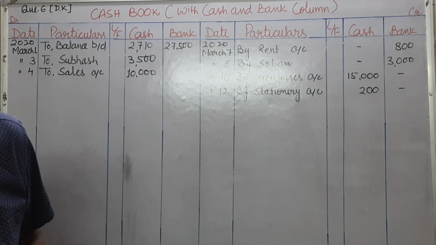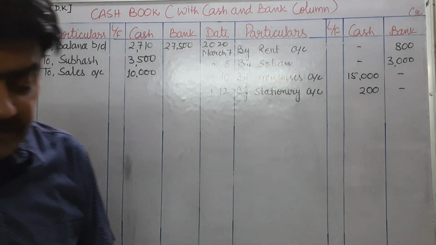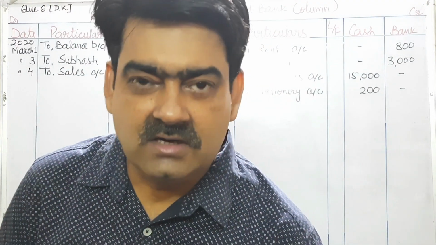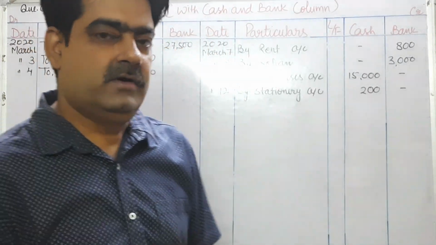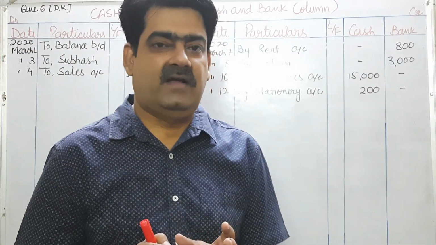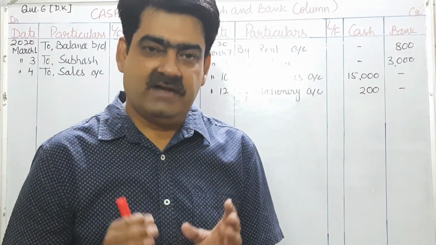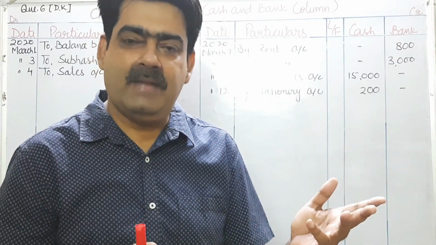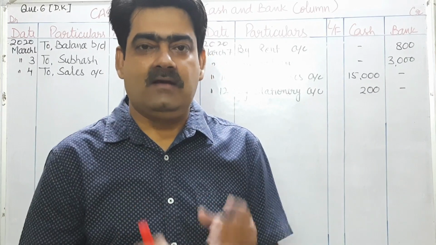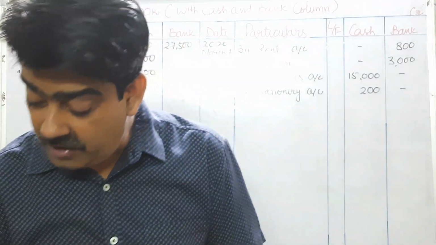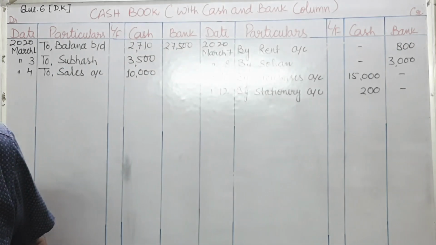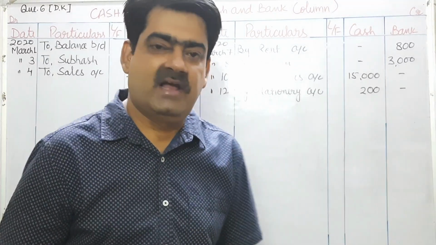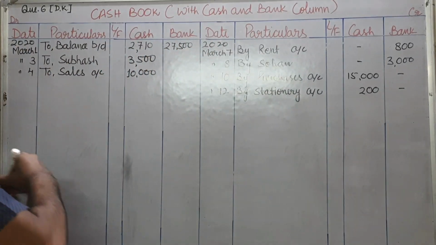Next, on March 12 only, drew from bank for office use. See, we are withdrawing cash from the bank for office use. So our journal entry will be cash account debit to bank. Students, always remember one thing, such types of transactions will be treated as contra entry. There will be only two contra entries in your transactions: when you deposit an amount in the bank and when you withdraw cash from the bank for office use. So this time you are withdrawing cash from the bank and the amount is 8,000. So your journal entry will be cash account debit to bank. This is your contra entry. Treatment will come on both sides.